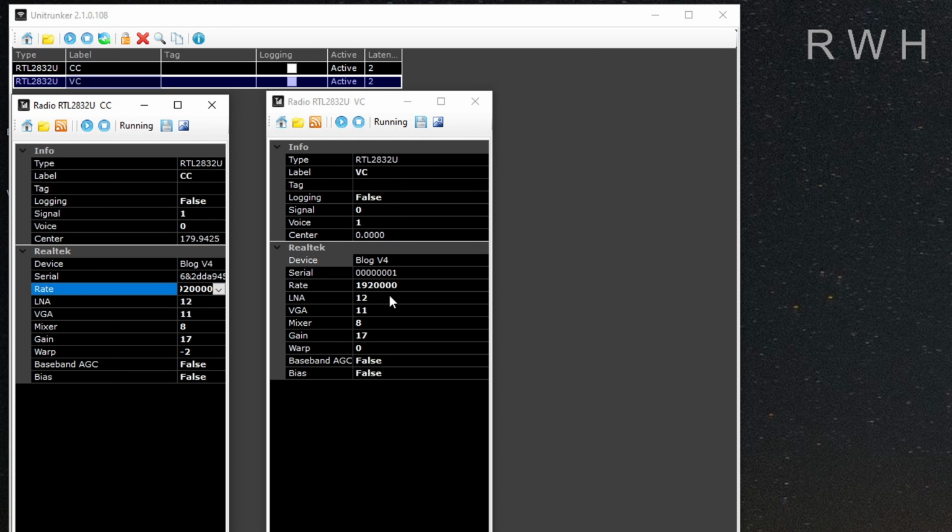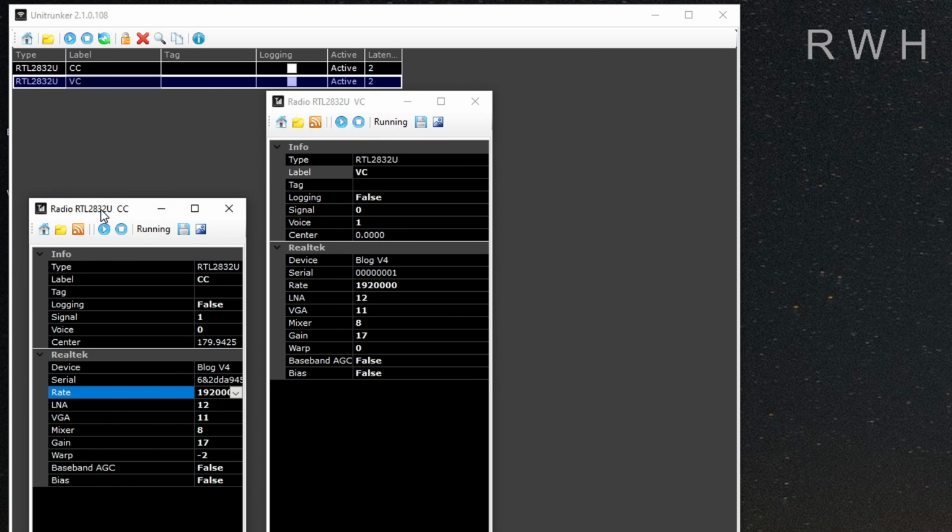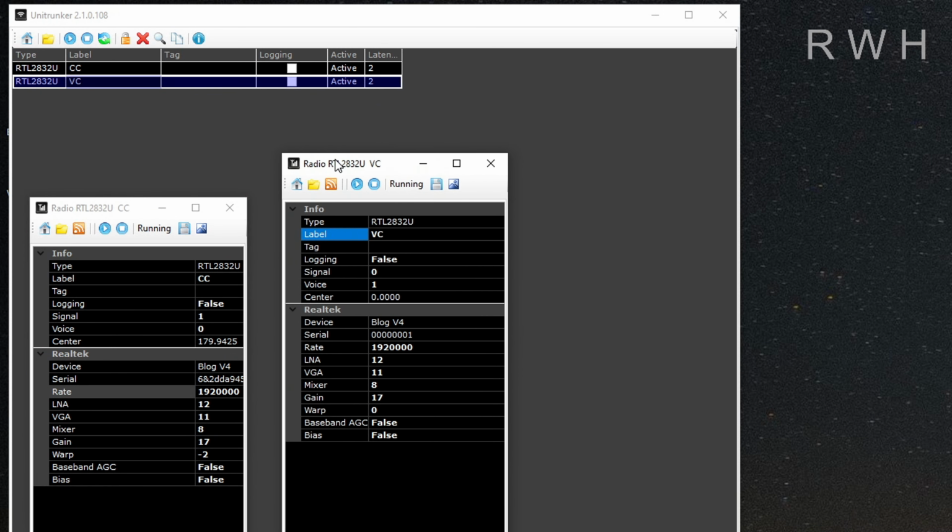Then do the same with the next device. Add the VC, voice channel, as a label, and then it's easy to use, so you can easily manage them on the top. So see which one is the voice channel and which one is the control channel for you. Once you got this,